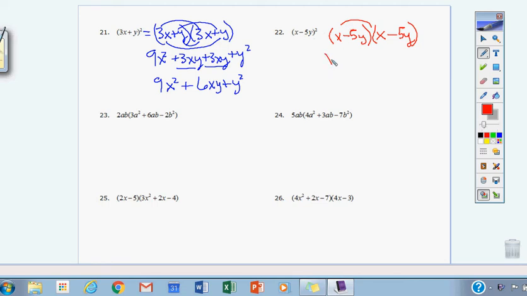And you will see them a lot in your math classes. So x times x is x squared. The outside actually gives me negative 5xy. So does the inside. And then the last here, negative times negative, is a positive 25y squared. Combine those together, we got ourselves x squared minus 10xy plus 25y squared. Give yourself a high five